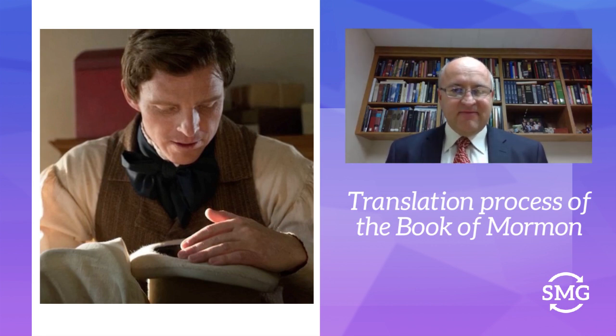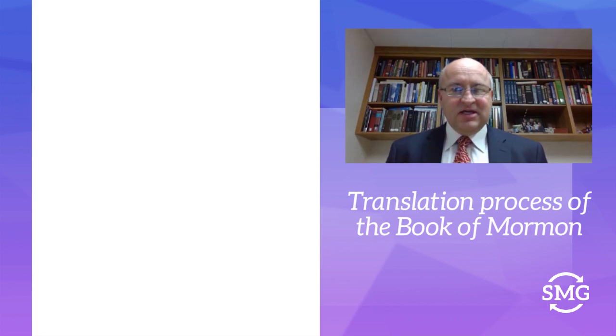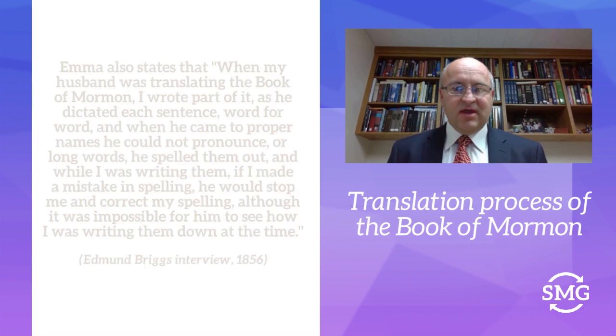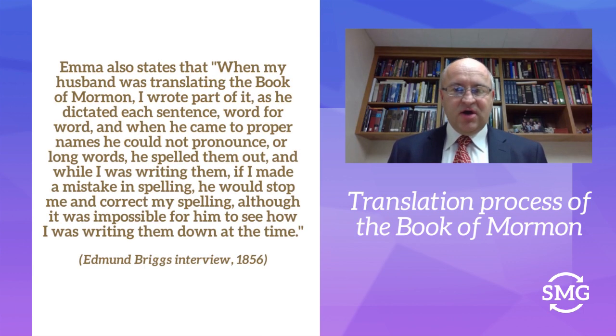Once again, it's kind of fun to know some of these details, even though Joseph didn't tell us. But I'll tell you a few more details of the translation process from Emma. She stated that when my husband was translating the Book of Mormon, I wrote part of it, and he dictated each sentence word for word, and when he had come to proper names he could not pronounce, or long words, he spelled them out, and while I was writing them, if I made a mistake in spelling, he would stop me and correct my spelling, although it was impossible for him to see how I was writing them down at the time. There was a little bit of a sheet in between the 2 of them,